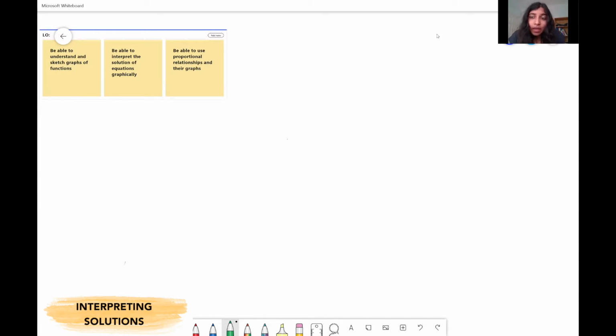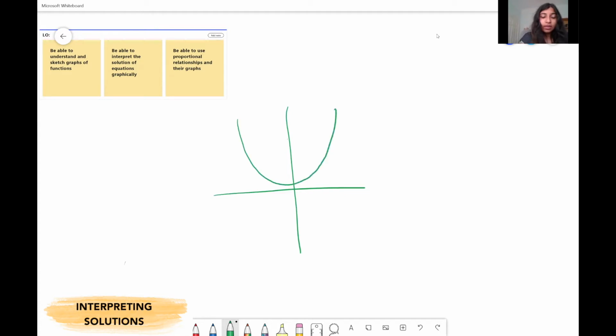Let's say you had a quadratic equation that looked something like this, and then you had a linear equation that goes through like that. The fact that there are two intersections between a quadratic and a linear shows